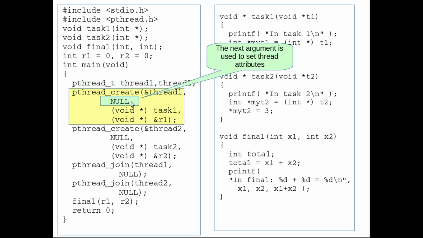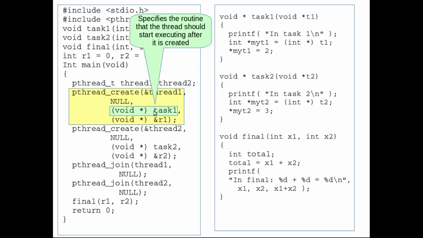The second argument is used to set the attributes of the thread. Here we are not using the attribute, we are setting it to null, which means the new thread that will be created will use the default values for the attributes. We'll shortly see what the different attributes a thread can have are and how we can modify those attributes if we need to.